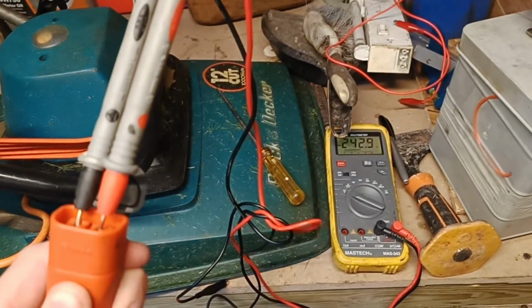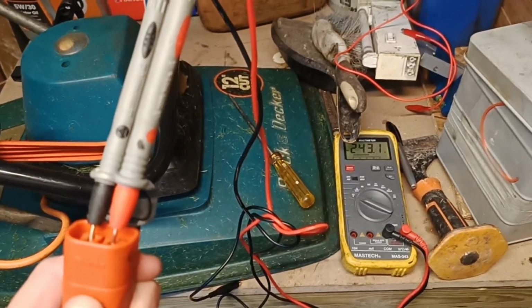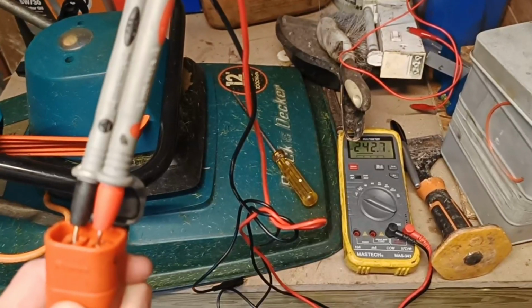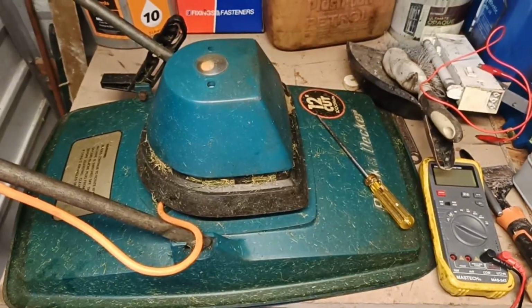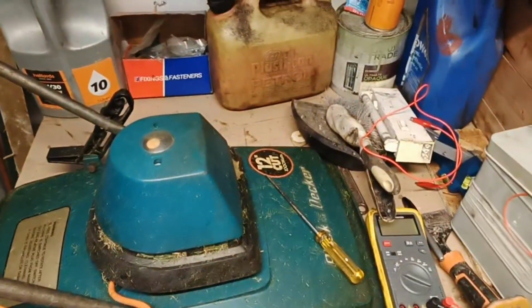Right, I've now got the terminals of the lead plugged into the socket just to make sure the socket I used in the first place is working, and as you can see, there's nothing wrong with it. It's registered 242.67 volts. Right, back to the camera. Now I've checked the lead and there's nothing wrong with that. The next thing I'm going to do